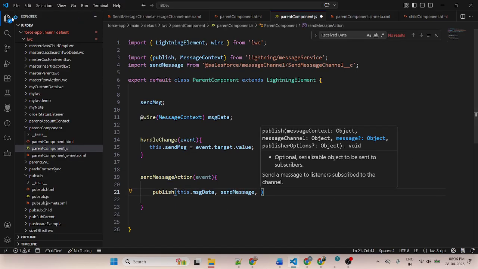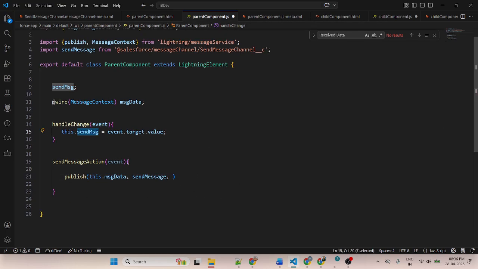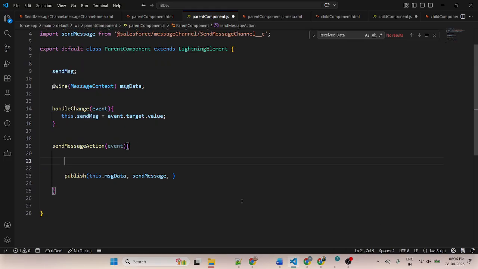After that, we need to send data. What data am I sending? This one. But here, inside the function, I will create it as an object. Let's suppose this is a payload constant variable.